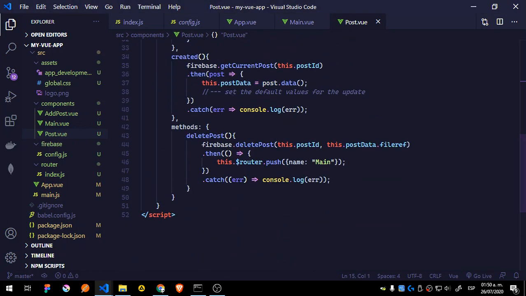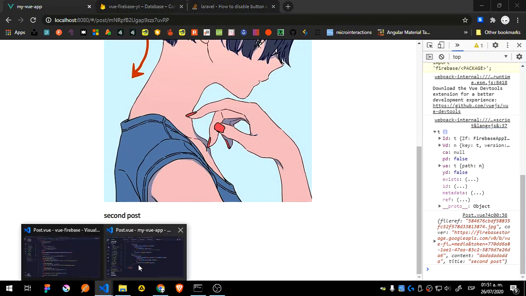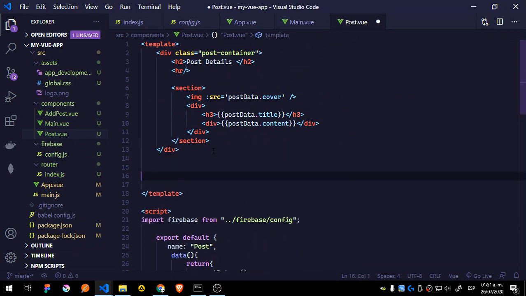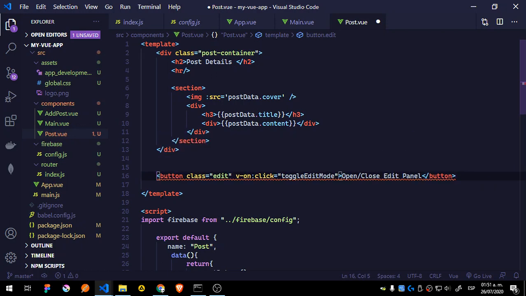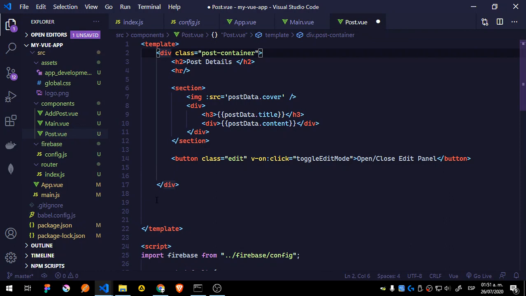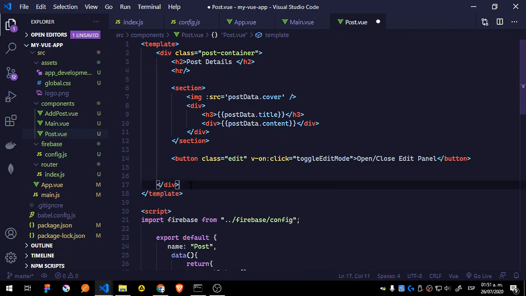Is that all? Okay, I will need to add the next part, let's just add all this and work our way through all this. Okay, not there, sorry, but here below. So we're going to add a new button here. Okay, sorry, not there, but below the section. Remember that we are only allowed to have one root element, which is this div with class post container in this case. So we add a button with class edit, v-on:click,